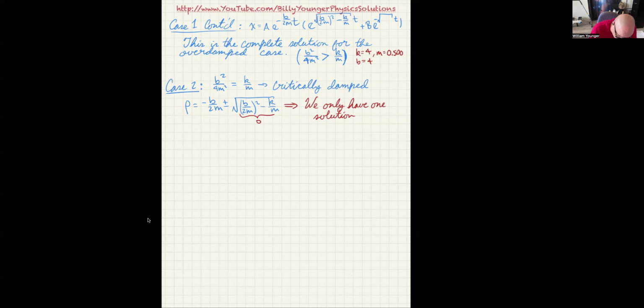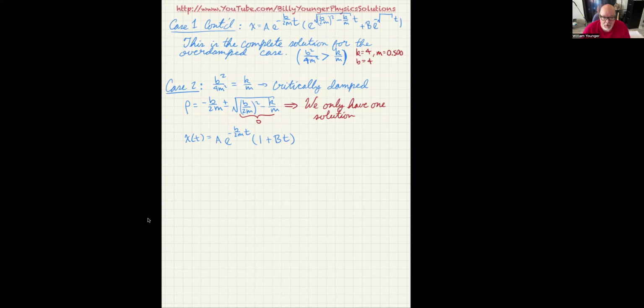But now what that means is our solution x of t is actually equal to a times e to the negative b over 2m t. And then I'm just going to multiply that by 1 plus b times t. That makes two linearly independent solutions, one of which is e to the negative x, and the other one is t times e to the negative x. And you can, of course, go ahead and try plugging this back in. I highly, highly, highly recommend you do that to see that it does. It is kind of messy. You've got to use the product rule and all that stuff and taking their derivatives,